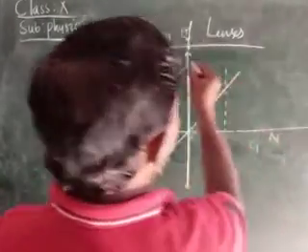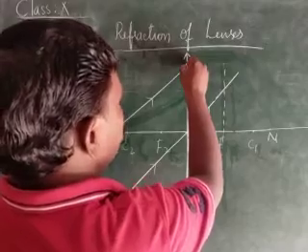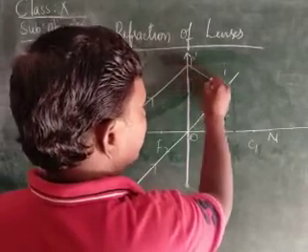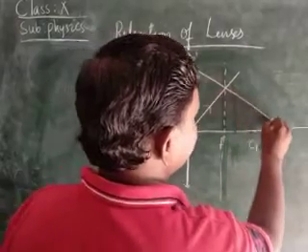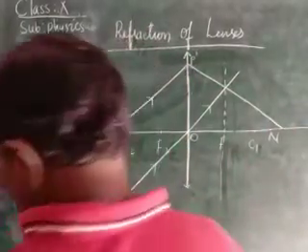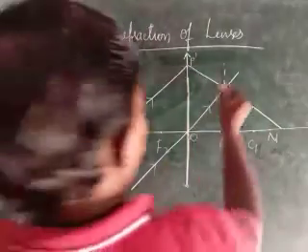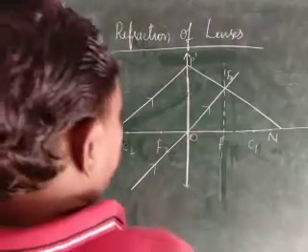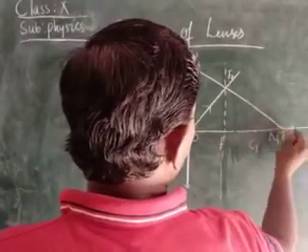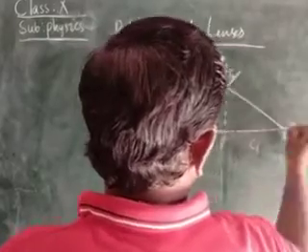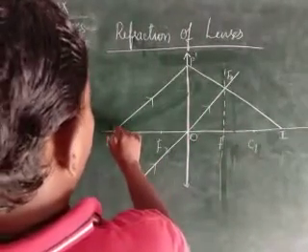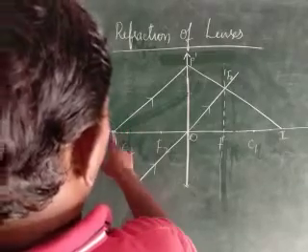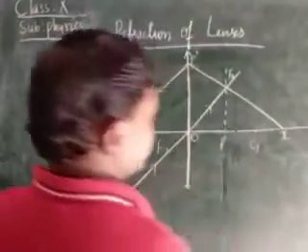Now from this point P dash, we join another line to the other side such that it meets the principal axis. Let the point on the focal plane be F0. Therefore, this becomes the image, children. The image of this object is given over here.